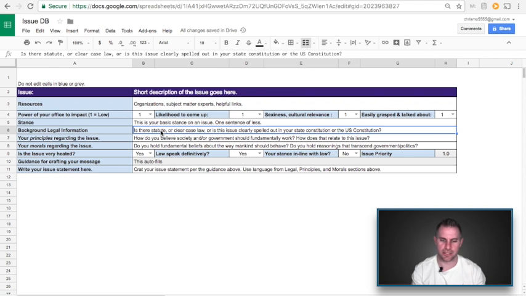I'm not saying that you need to go dig into case law books and go find the local law library. That's not how it works. But when you're talking to people and they're telling you about the law related to this issue, then you listen carefully and you take good notes and you include it in here.